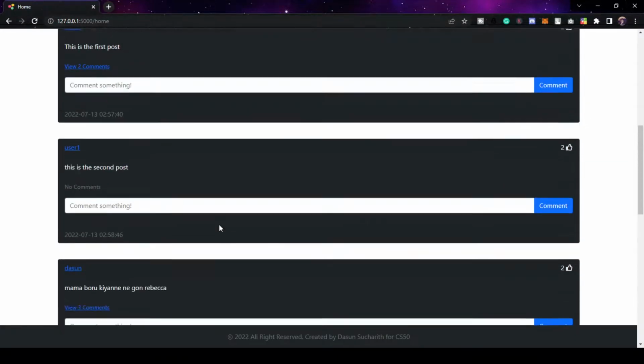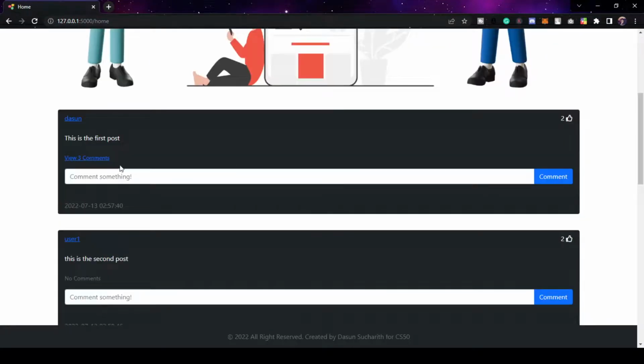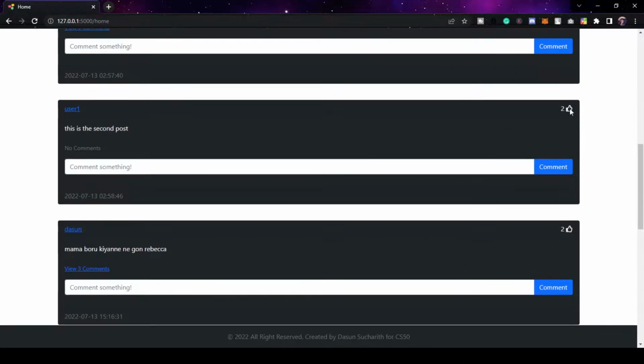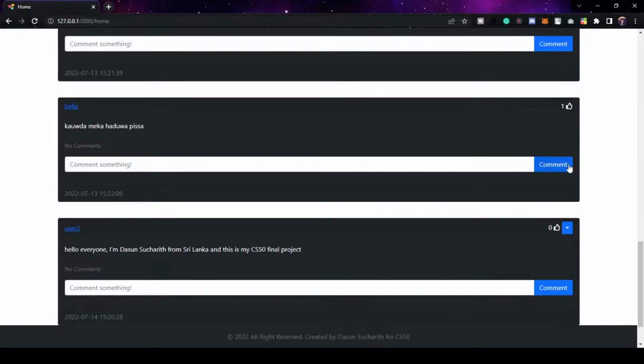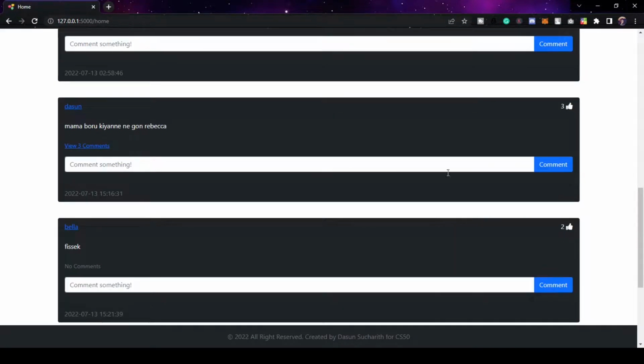Then I can comment on the other post also like this, and then when I comment it, it will appear like this. And also I can remove my comments. Also I can like these posts also like that, and then I can delete my post,